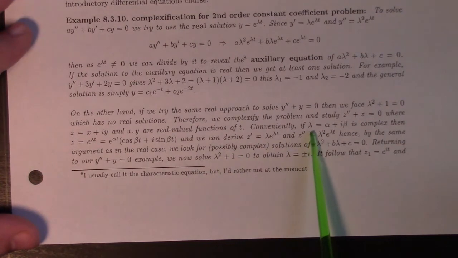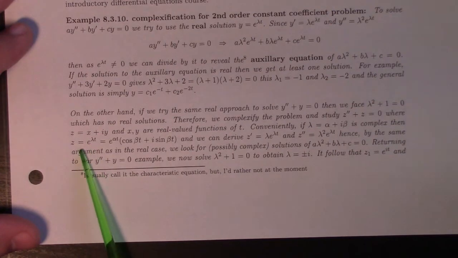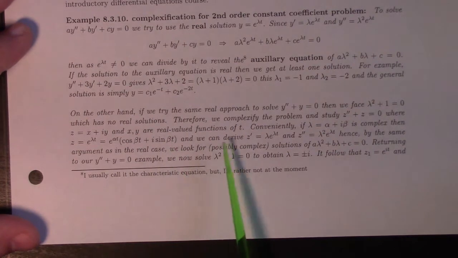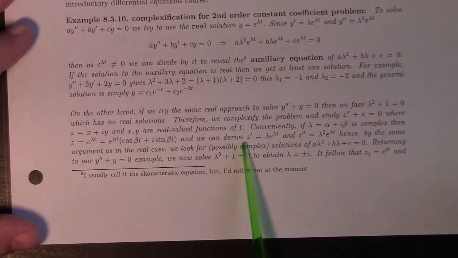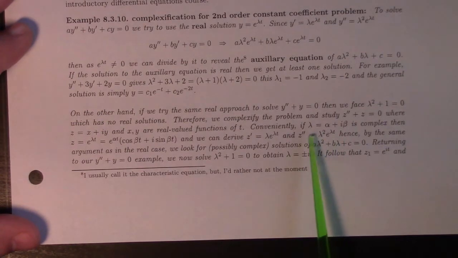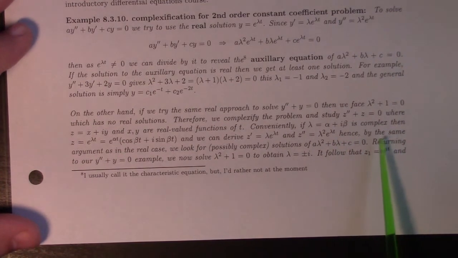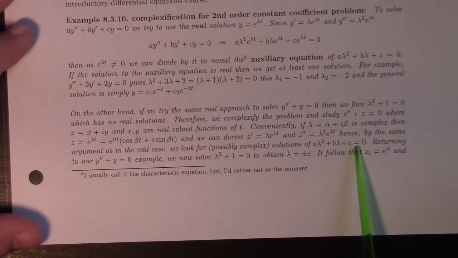The really cool thing is, if lambda is alpha + i beta, complex, then e^(lambda t) by Euler's formula is e^(alpha t) (cosine beta t + i sine beta t). And it's still the case, you can prove, that z' is lambda e^(lambda t), and z'' is still lambda squared e^(lambda t). Even though lambda is complex, the things you learn in Calculus 1 are still true for complex lambda, which is pretty awesome. So you still have the auxiliary equation,